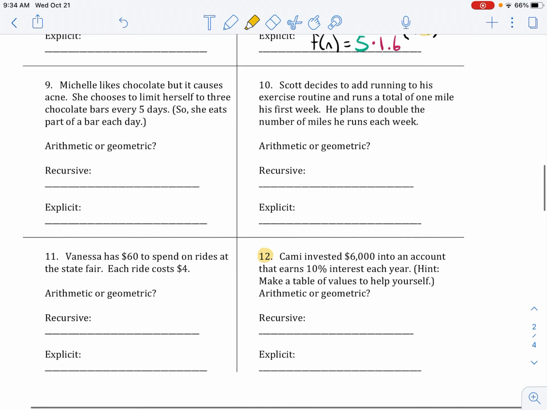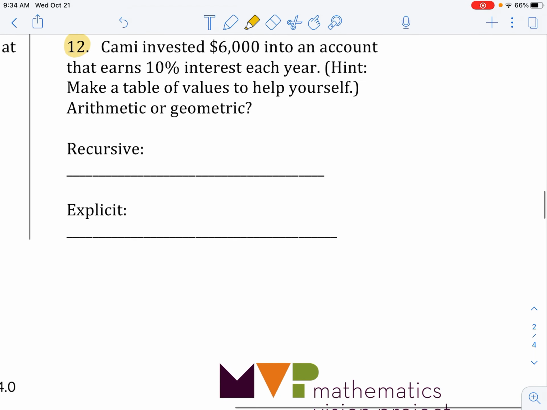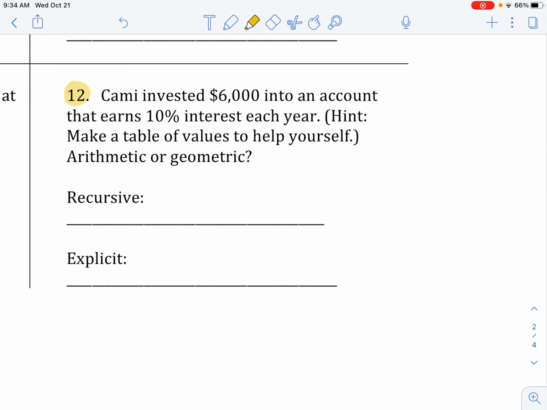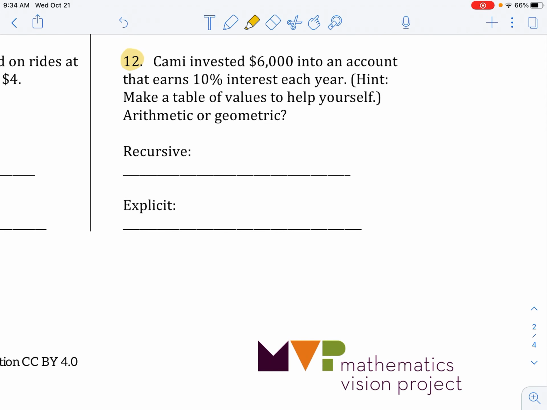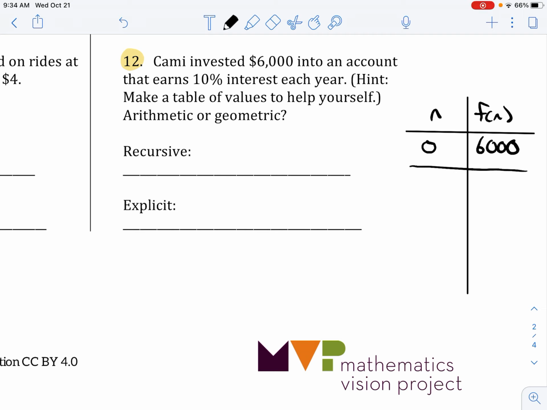And then let's look at 12. Cami invested $6,000 into an account that earns 10% interest each year. So it says, hint, make a table of values to help yourself. So if we make a quick table, we have our n and f of n. So at time 0, $6,000 in the account. It makes each year. So at 1 year,